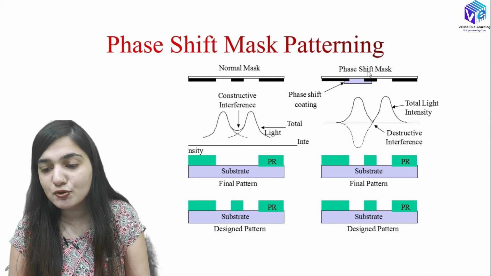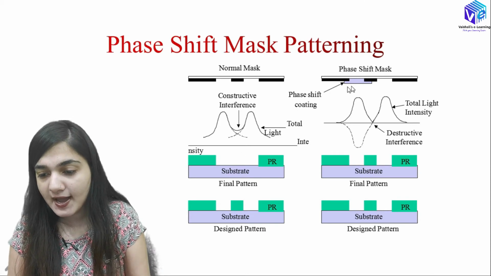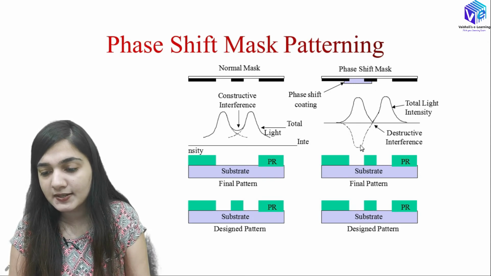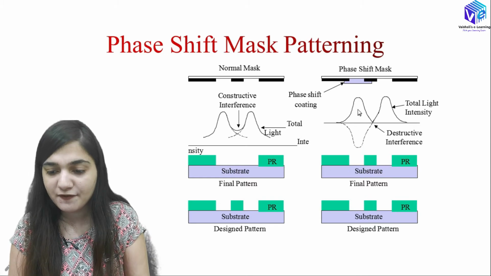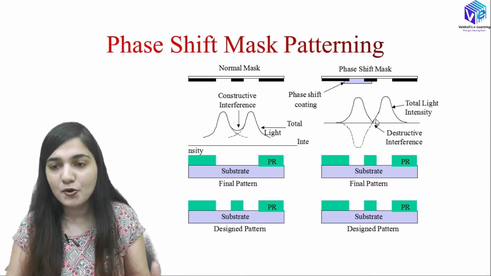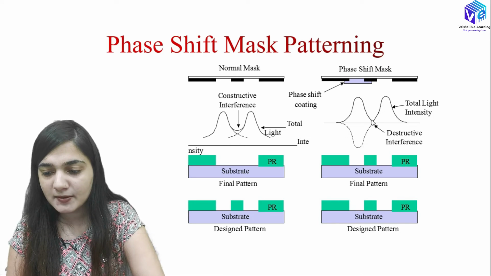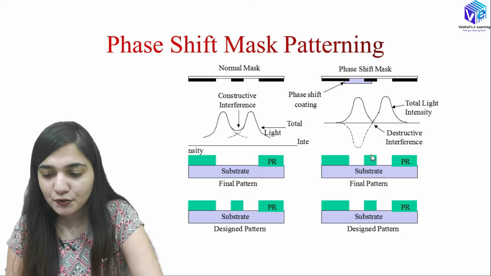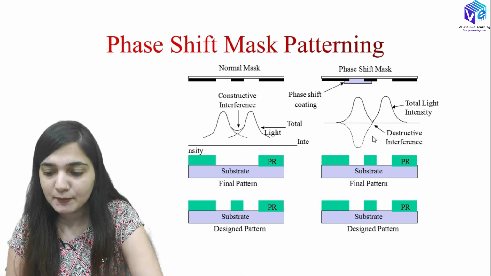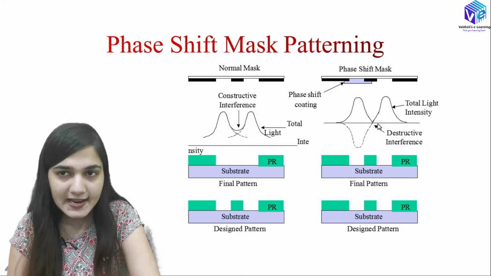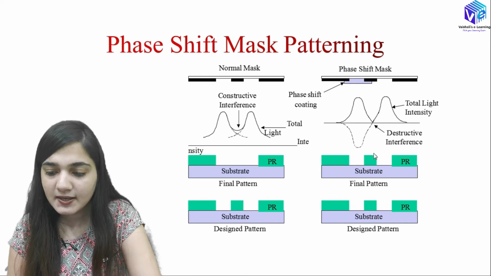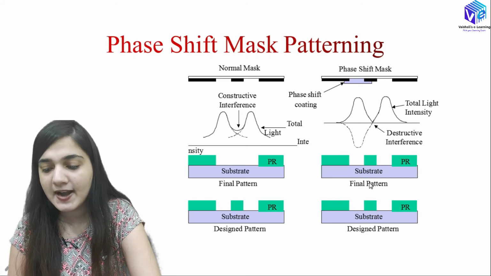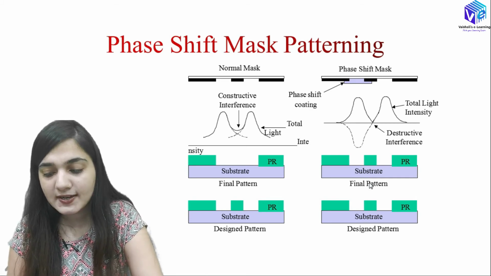So what happens, I am using the phase shift mask. Here I have a phase shifter, and you can see it is converting this maxima into the minima. The phase is changed. So the phase is opposite, now maxima is converted into minima. Now here I will have the destructive interference, and this photoresist pattern is intact over here because I am not having any kind of light. Destructive interference will be there and light will be 0 over this region, and I will have the final pattern which will be equal to the design pattern.